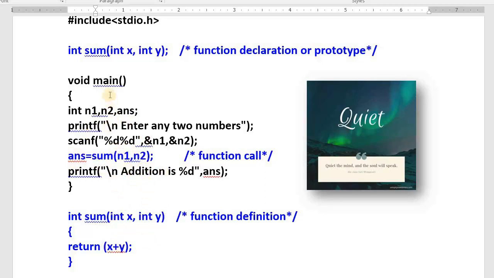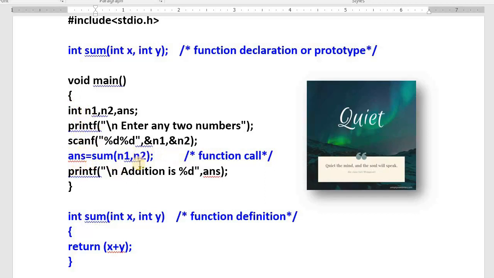Boss is nothing but the main. Boss always calls other functions. Main is a boss. Boss is calling printf: come here and do the work. Boss is calling scanf: come here and do the work. The same boss is calling sum also: come here, take the values and give me the sum. In this code, printf, scanf, sum, printf are all functions. But printf and scanf are built in. Sum is user defined. This is called the function call.